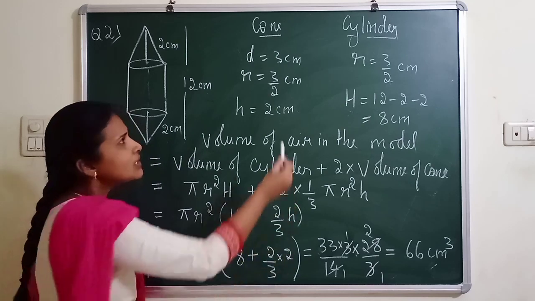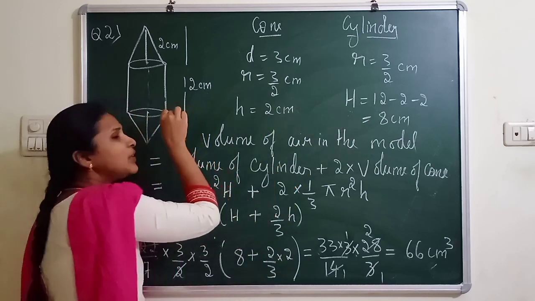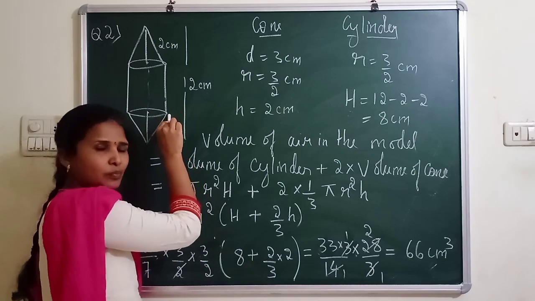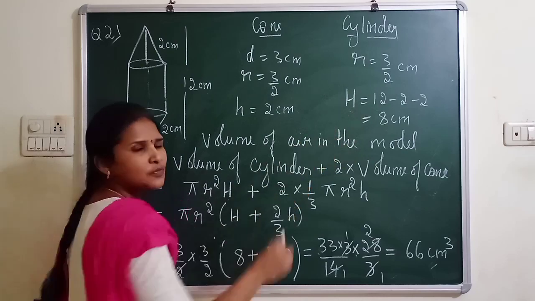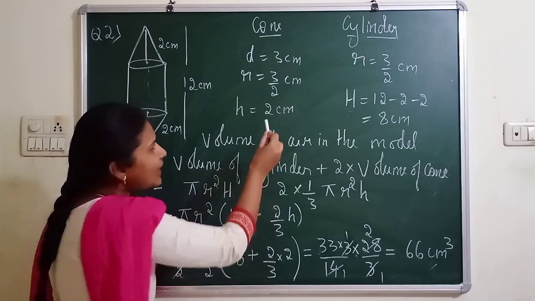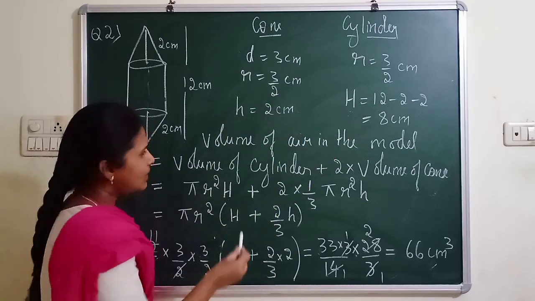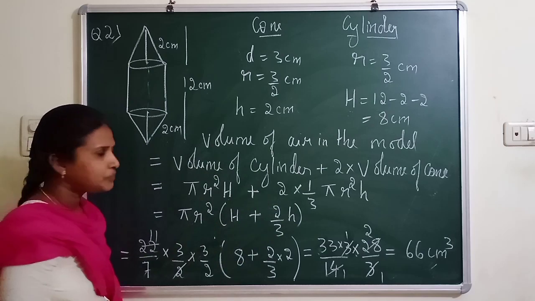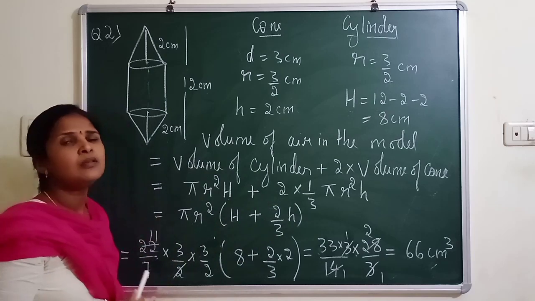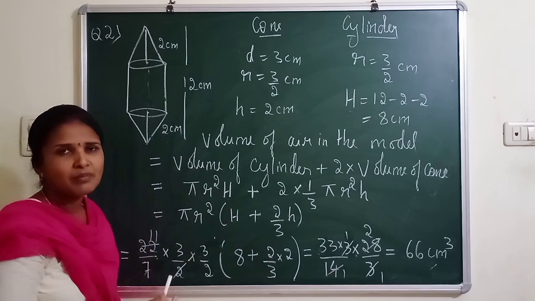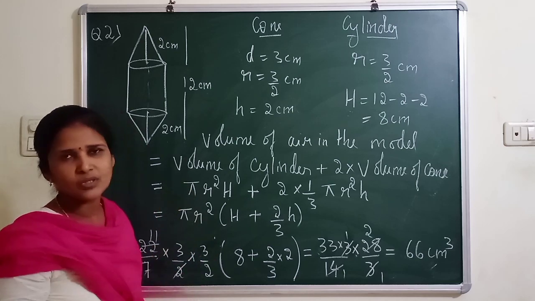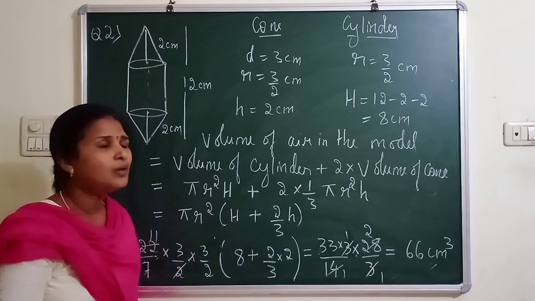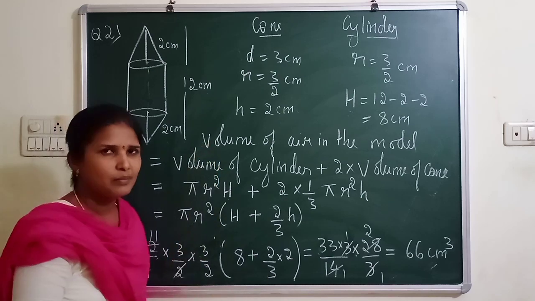Better, starting only, you write what figures are involved in the block. You write the figure name and what dimensions you need for that particular figure. Write the dimensions under that and start with the formula. This is a procedure, always, so as not to lose marks. That's why I am telling you, because all of these will be questions of around 3 or 4 marks. So be careful when you are taking the dimensions.